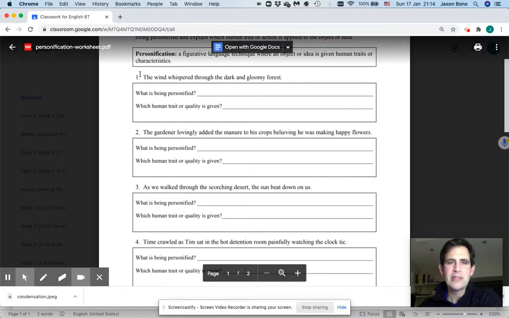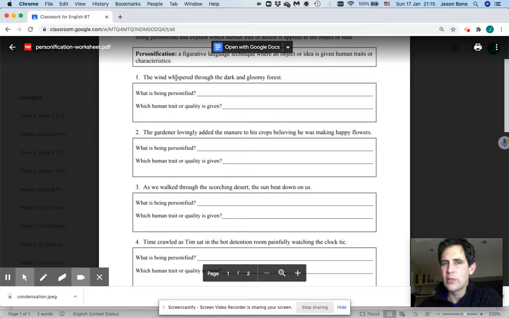Here it says, the wind whispered through the dark and gloomy forest. Now let me ask you a question. What thing in this sentence is doing something that people usually do? The wind whispered through the dark and gloomy forest. If you said the wind, you're correct. People usually whisper. The wind doesn't whisper. Rocks don't whisper. What they're doing here is treating the wind like it's a person,